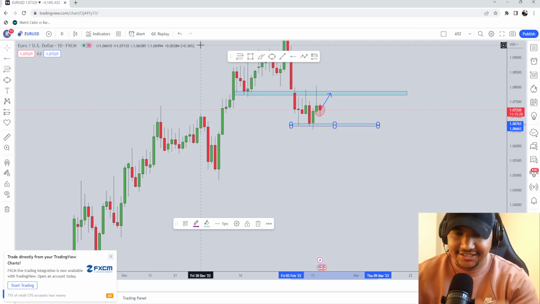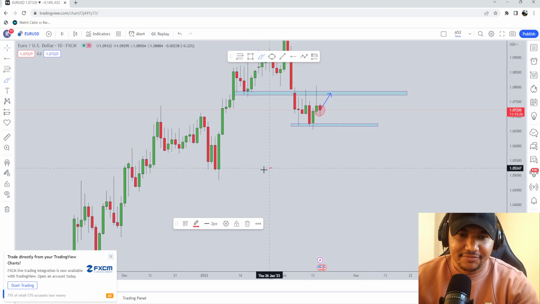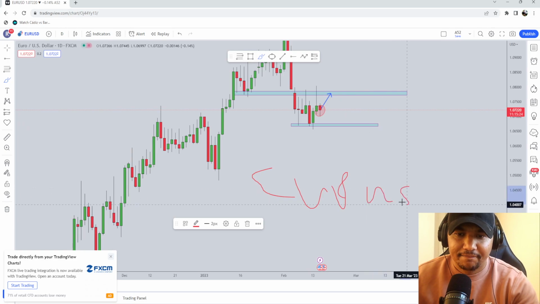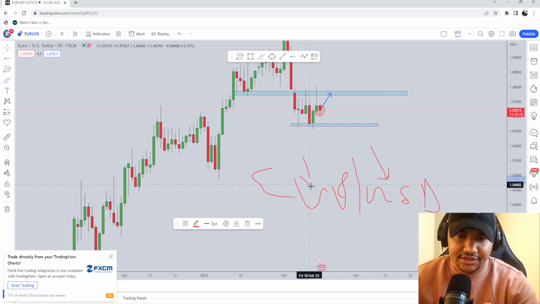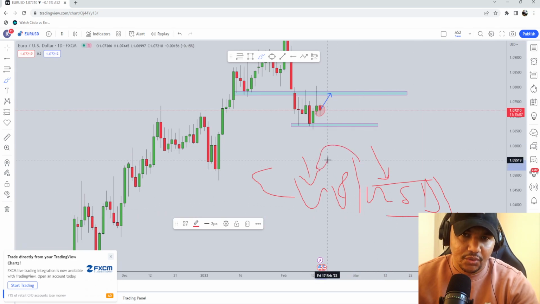So sometimes, just to give you some advice, you get Euro USD and the USD could be doing nothing, but if there's negative news for the euro, then you can expect the market to move lower. You go, but why is this? The dollar is not even moving. Well, it's always due to a lower.